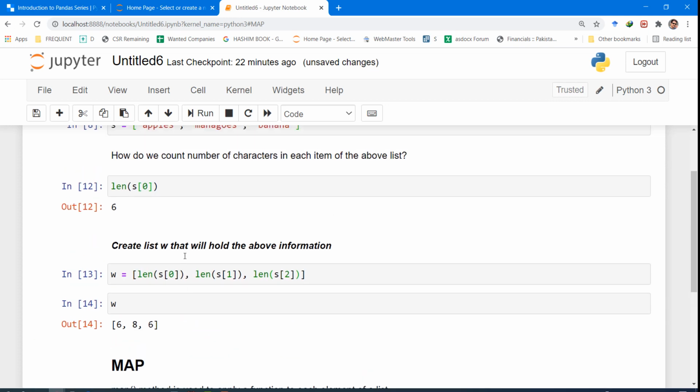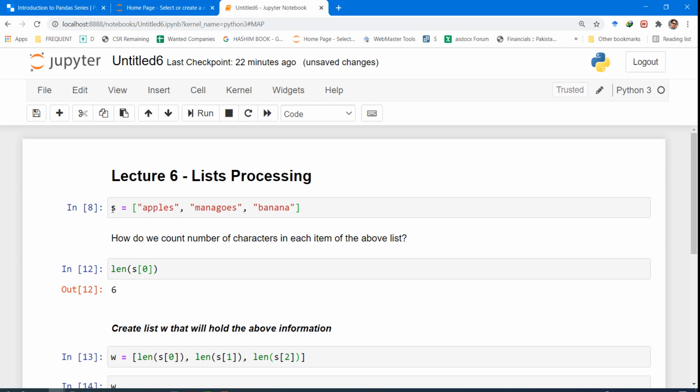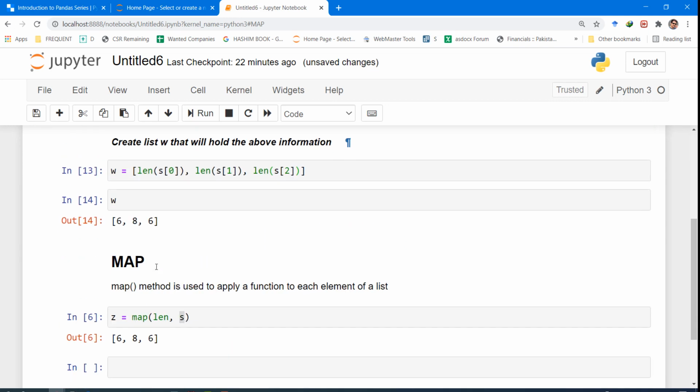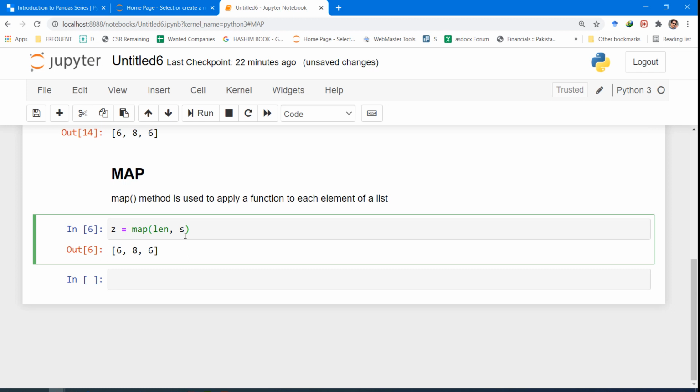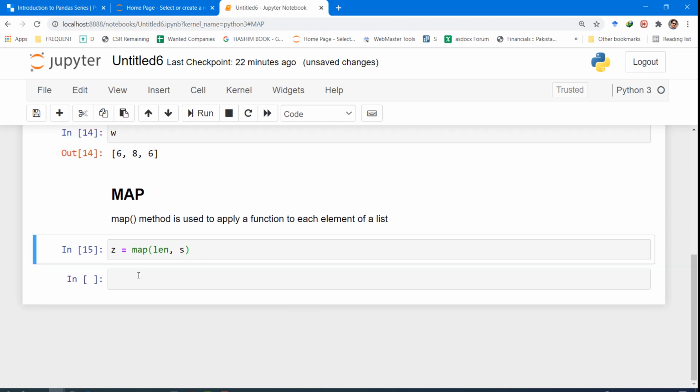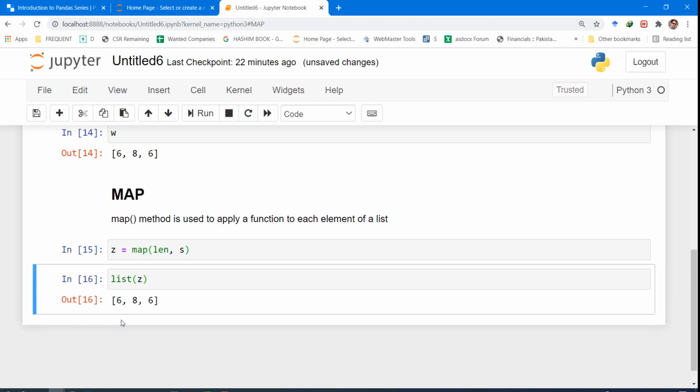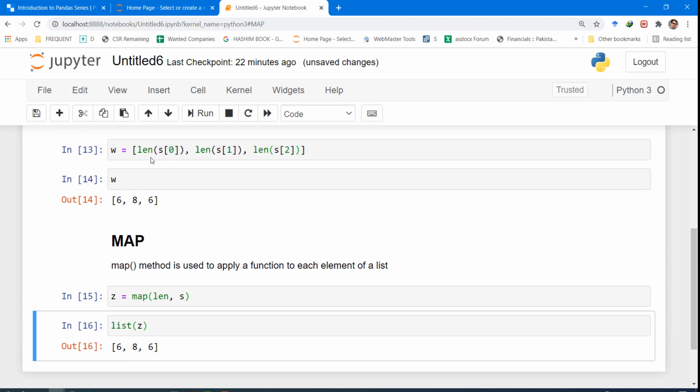So we created the list S here, and this is where we specify the name of the list in the map function. So it creates Z. Z is itself a list, so if we want to see the elements of Z, we type list Z. It provides the same information that we created ourselves here.